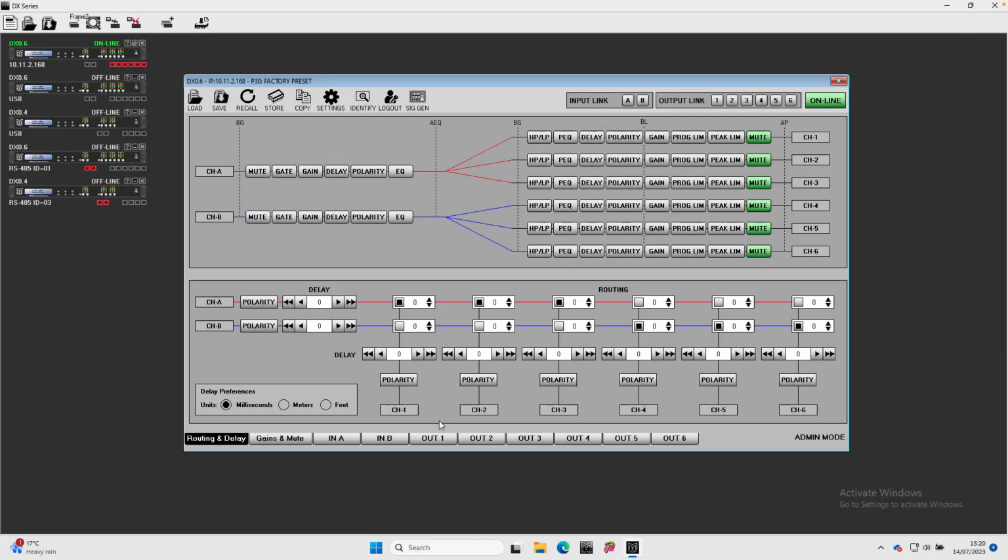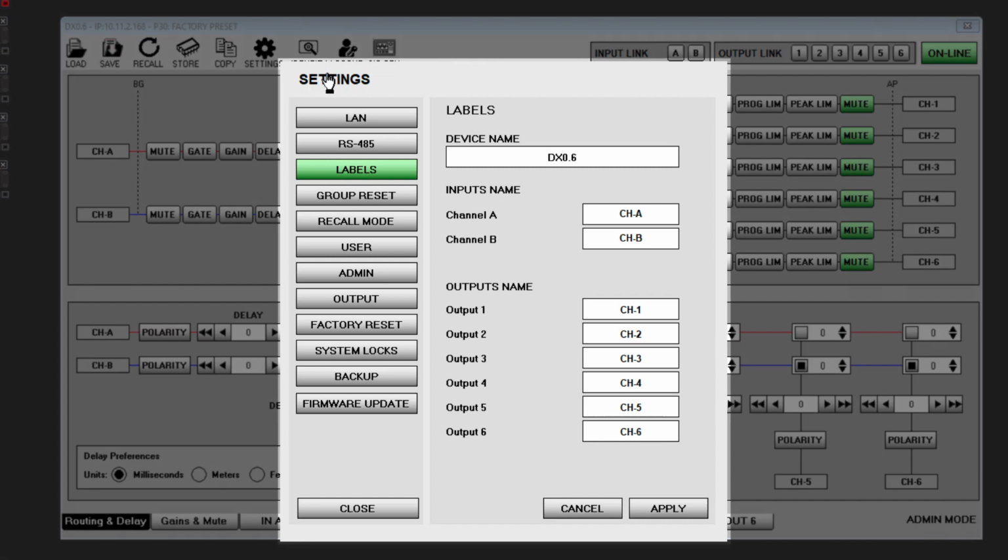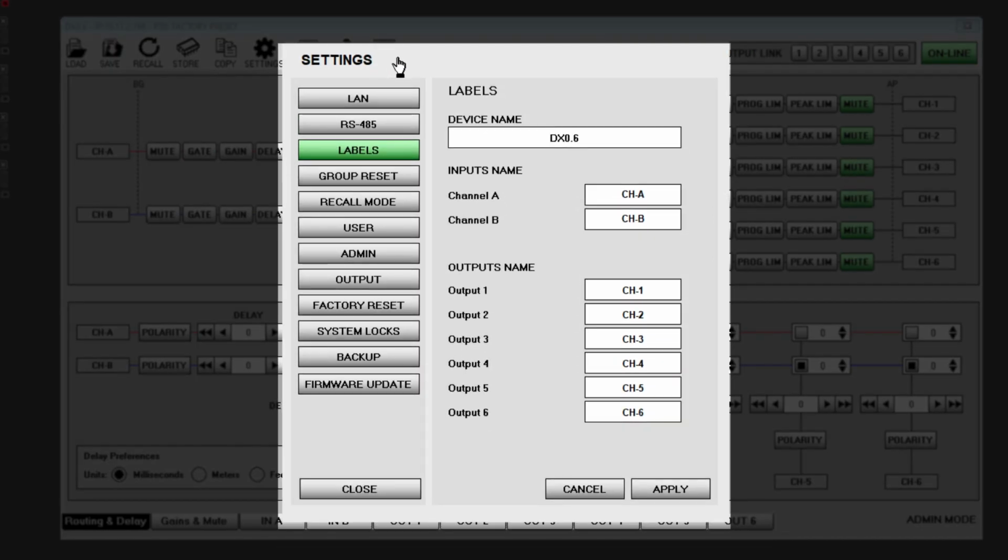The Settings button opens a window showing all the functions that can be modified in the processor. The default option that is shown when the Settings window is first opened is Labels. This allows you to edit the name of the processor and the input and output channels. The processor name can be up to 16 characters and the input and output channels can be up to 6